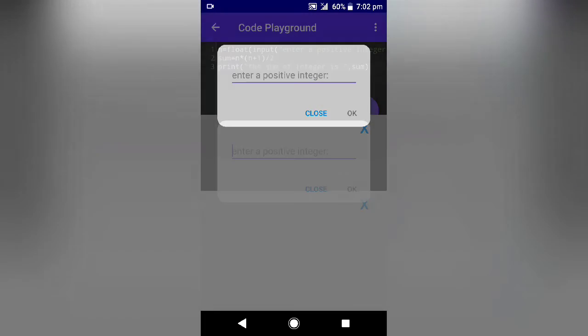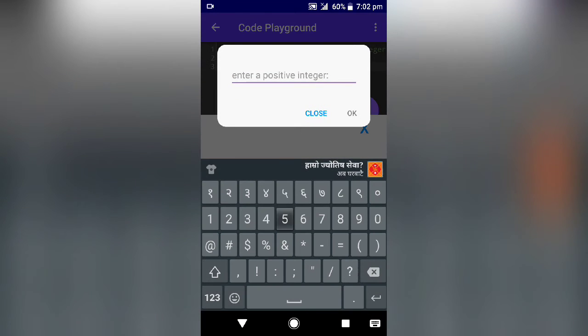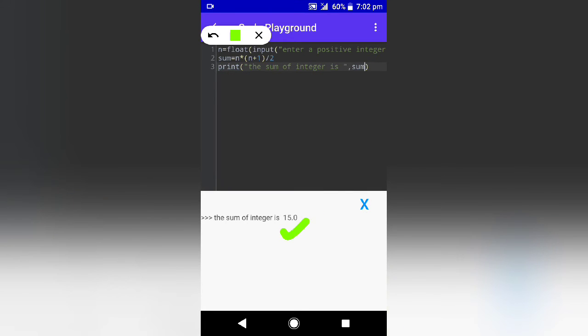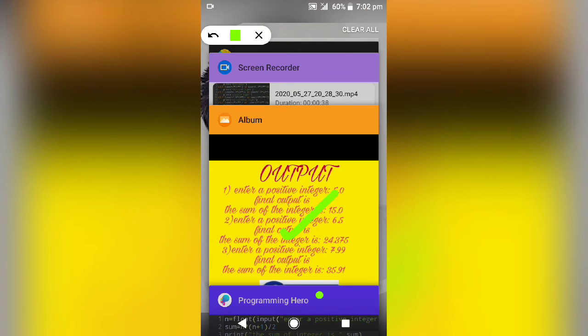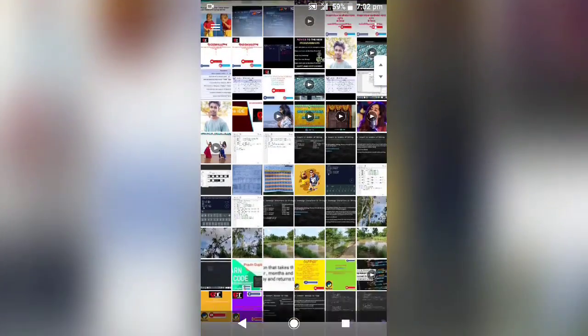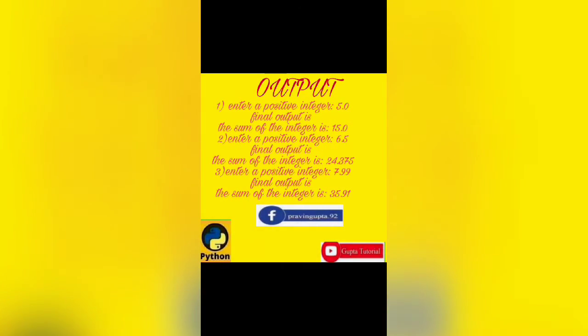That is, we entered 5.0 and here you can see the output is 15.0. This means the first output is right. The second one, sorry for the disturbance again, is 6.5 and the output is 24.375.